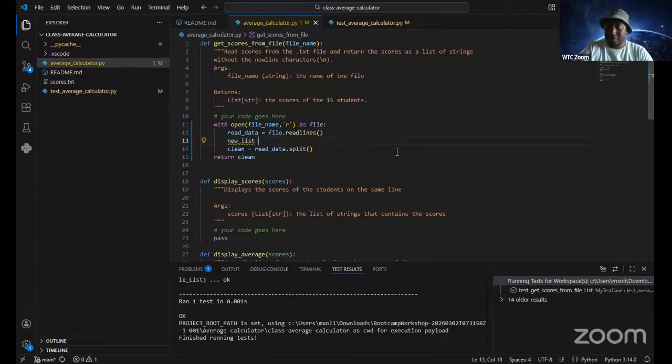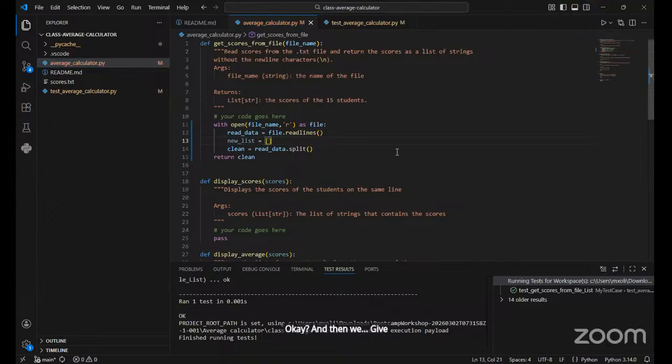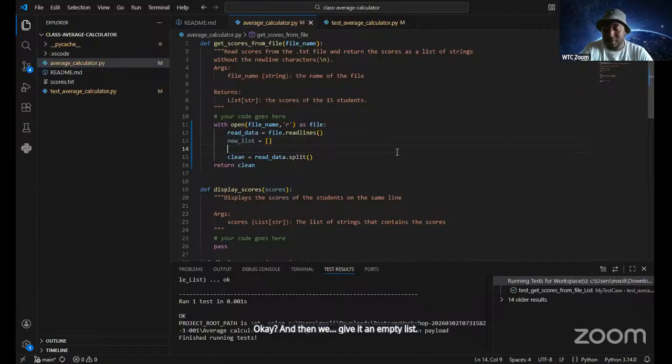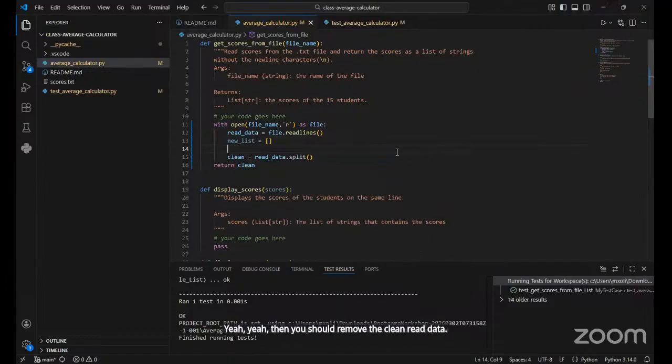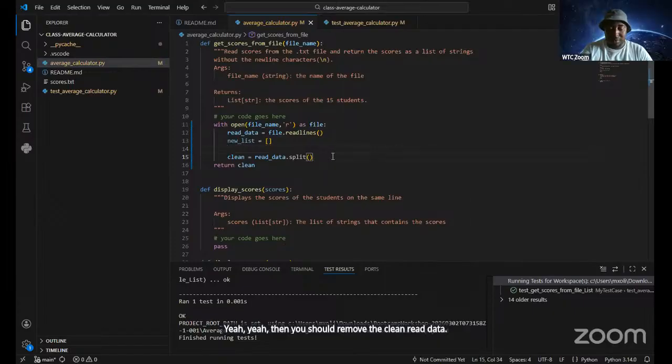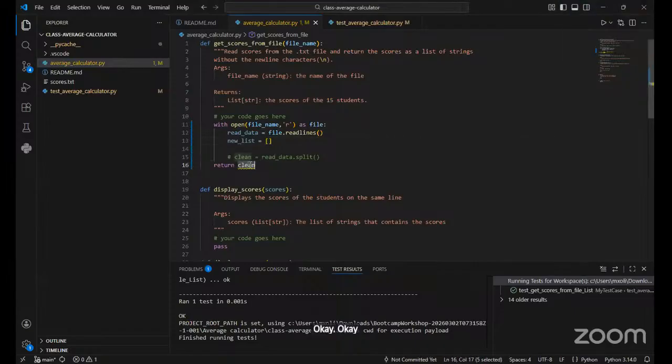Let's call it new list. Okay, and then we give it an empty list. After that, we used the for loop and said for line in read data. Then you should remove the clean read data. Okay, and then we use the for loop for line in read data.